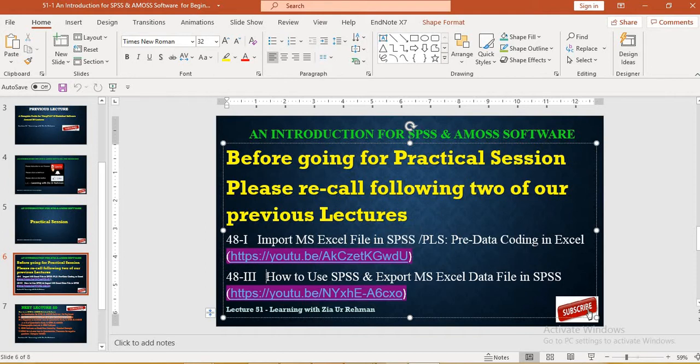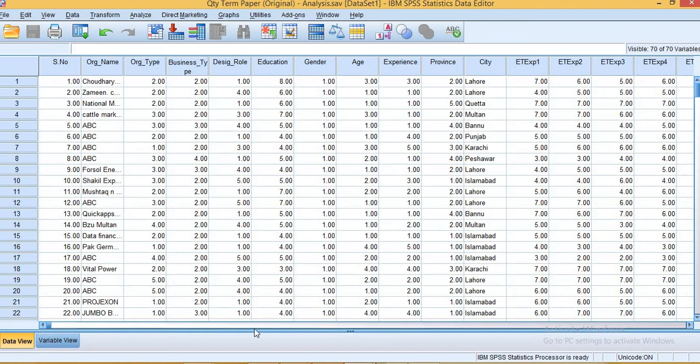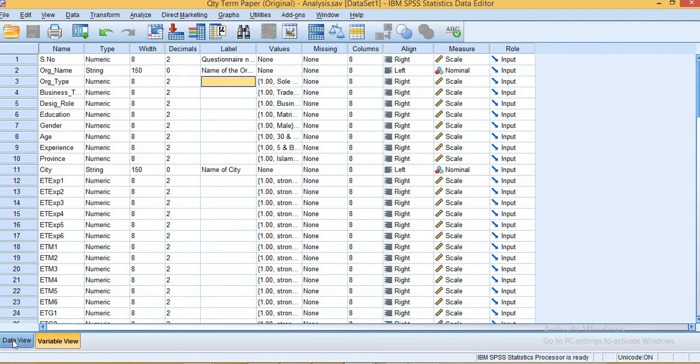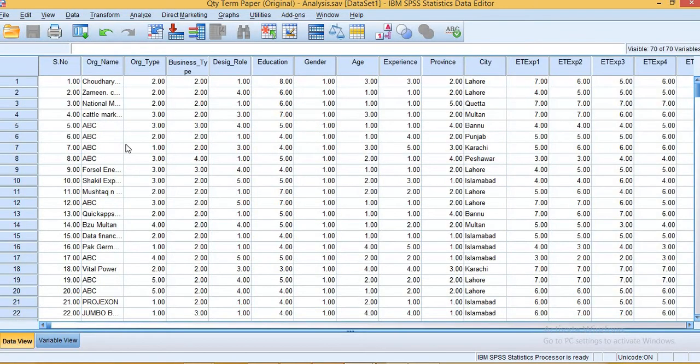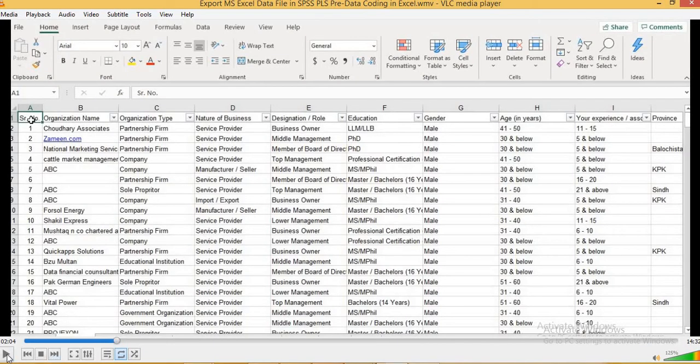And in that lecture, we delivered our understanding of how to use SPSS and how to export data from Excel to SPSS. All these views which you are viewing here, the variable view and data view, we have already taught you in our lecture number 48. I also have that lecture just for a view.